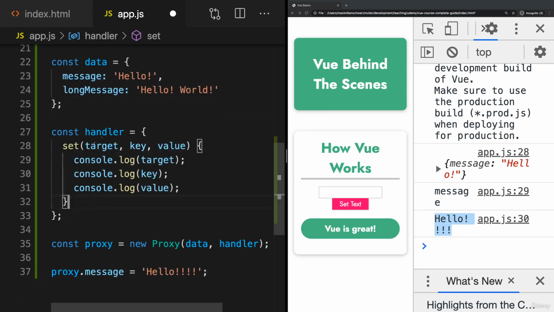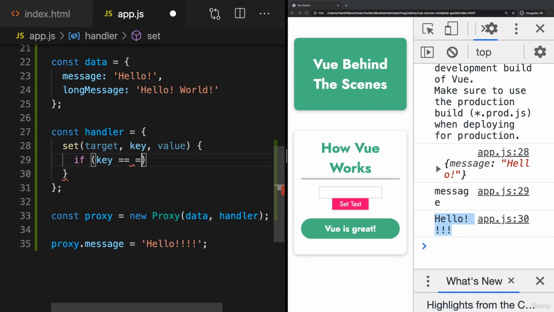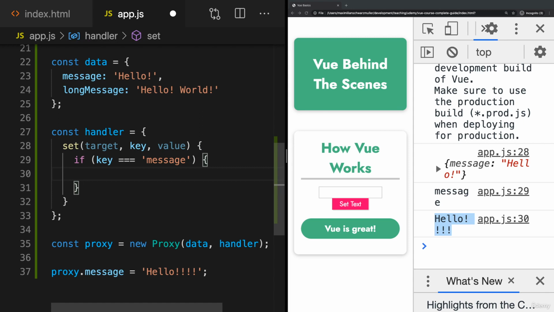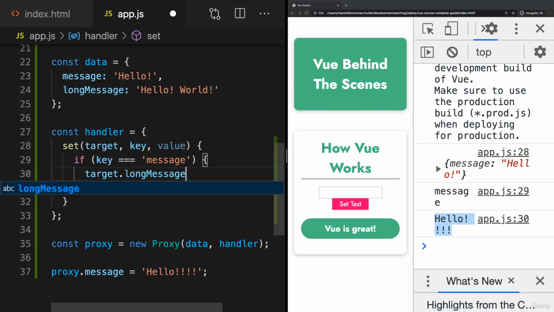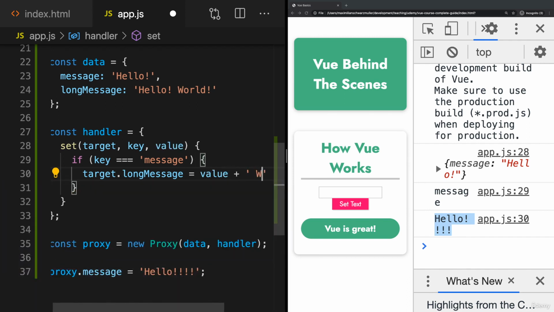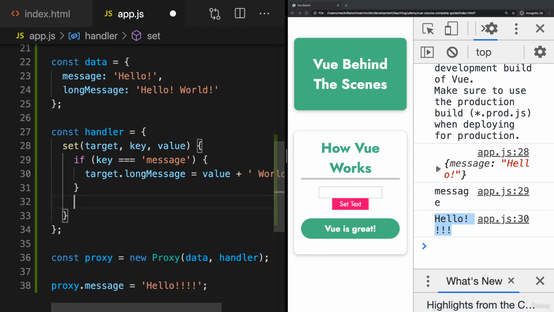Now, by using a proxy and setting up such a handler with a so-called set trap, we can implement this. We can check if the key we're setting is message. So if we're setting the message property, and if we do, we want to set target long message equal to the new value we assign for message plus world. And thereafter, we also want to make sure that the message property itself is set, so we set target message